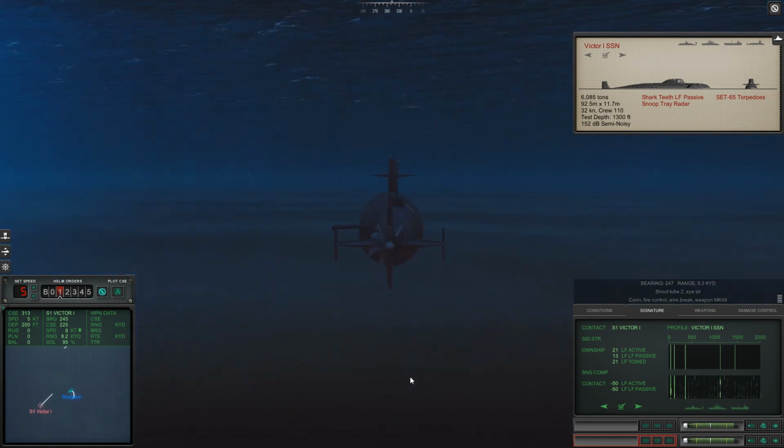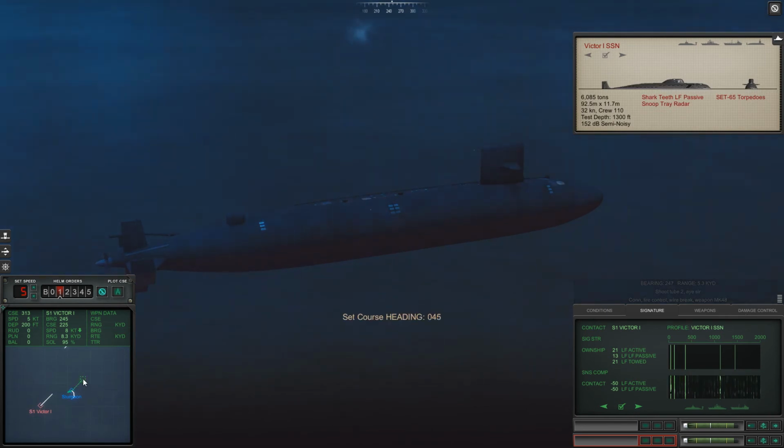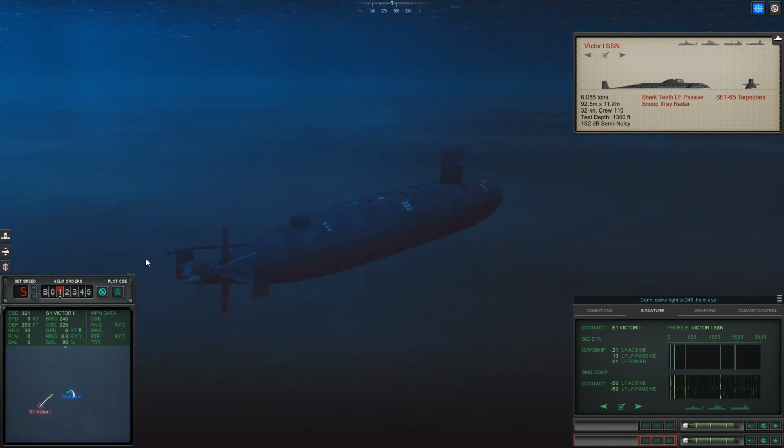Normally, when you fire a torpedo, a ship will immediately go active and start evasive manoeuvres. We, however, are not. We are now going to turn, bearing 045. Come right to 045. Helm aye. And we're now going to slink away. We are also going to release from silent running and come...